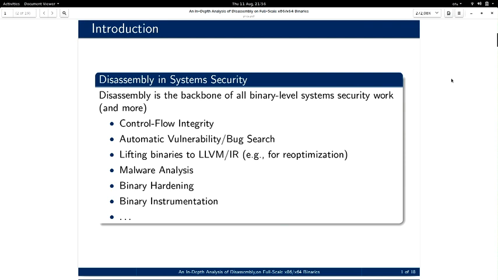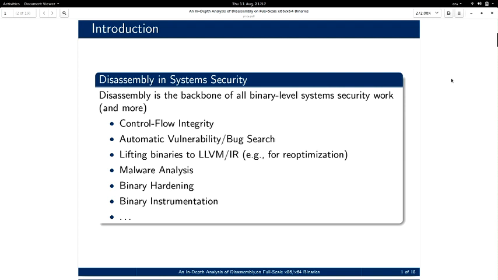So first of all, why did we want to measure this? Because disassembly is the backbone of a lot of security work, especially in system security, and especially work that we do in our group. It's relevant to a variety of topics, but basically, anytime you want to add security onto a binary for which you don't have the source, so for instance, it could be a legacy binary, or a proprietary binary, or just a binary that somebody else compiled with a toolchain that you don't have access to, or if you want to do analysis of malware, anytime you have scenarios like this, disassembly is a very basic prerequisite for that. Some of the stuff that we've done ourselves is, for instance, binary-based control flow integrity systems,